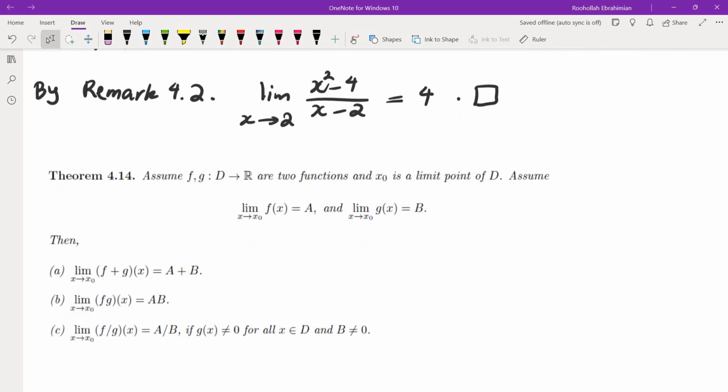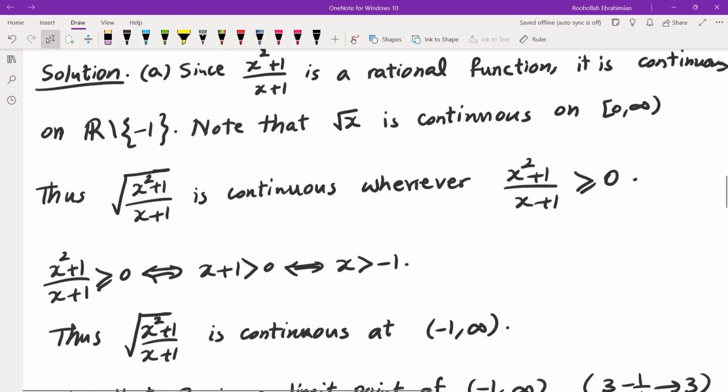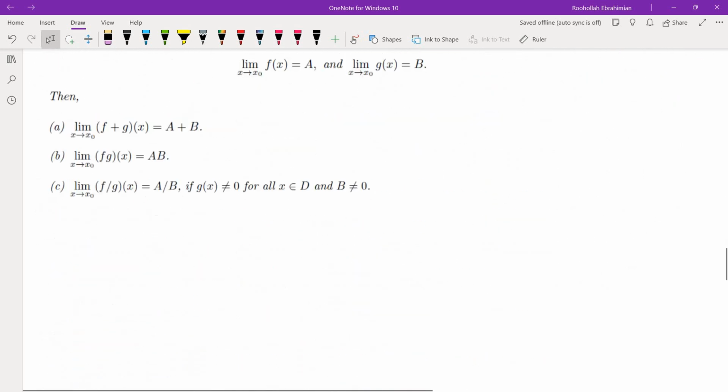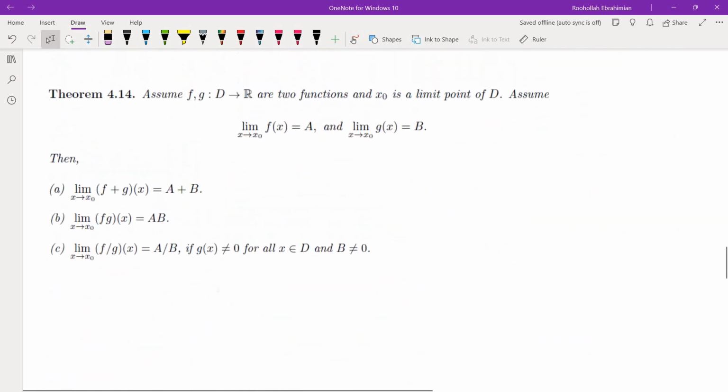Okay, so we are done with this example. So we did two examples. One used remark 4.1, the other one also used remark 4.2. Now, a few theorems which are again quite intuitive by what you have learned from single variable calculus, and these are: